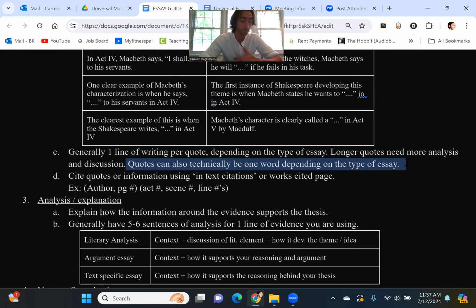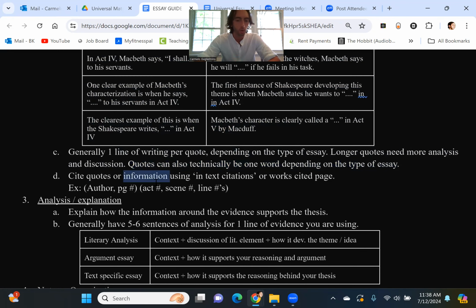Again, if you're doing a literary analysis where you're analyzing the writing and the writing strategies and literary elements of the author, the whole one word quote probably not going to work. But if you're analyzing something thematically, that's okay. If you're really nitpicking, like the discussion about the diction that someone's using, then it's okay. So you've got to use your own judgment to think when it's okay to use a one-word quotation, okay?